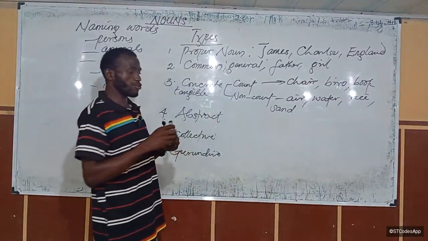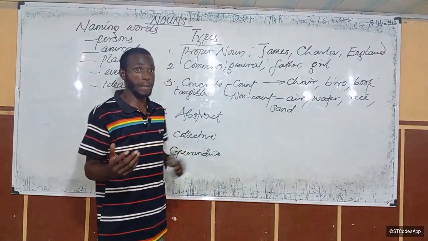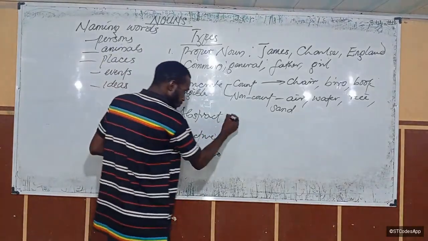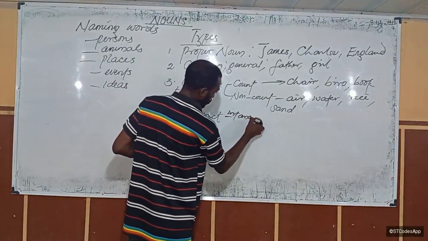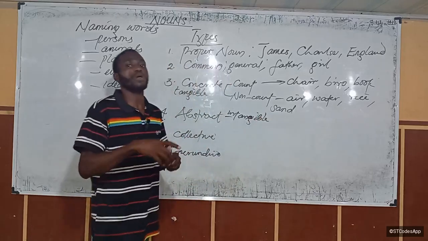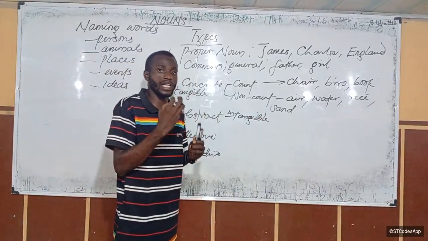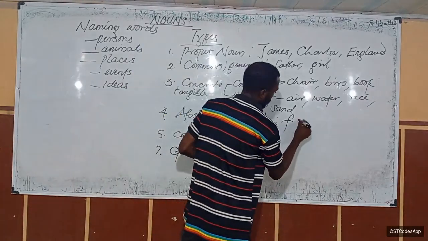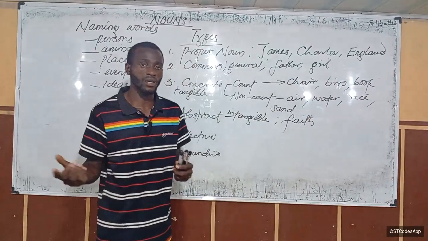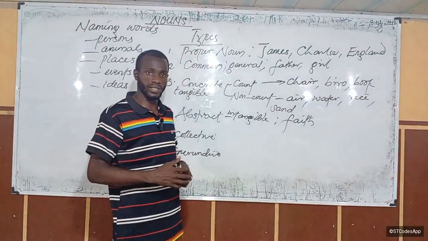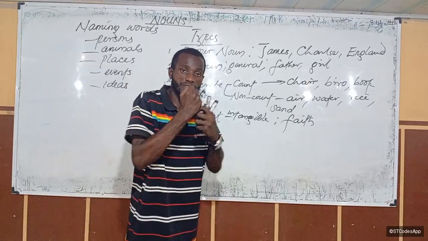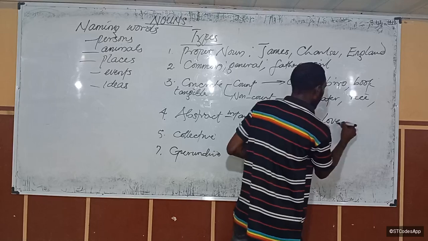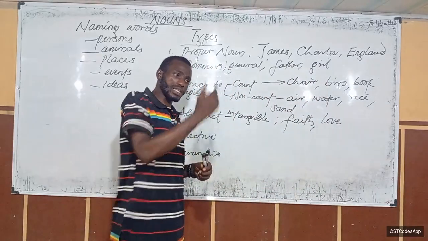If you still think air is abstract, it's because you don't understand the idea of abstract. Abstract nouns are nouns that are intangible. They have no physical representation. There's nothing tangible that you can hold and say, okay, this is this thing. For example, look at faith. You tell me, I have faith in God. I say, bring the faith you have in God. Where is it? Bring it. You can't, it doesn't have any physical representation, so because of that, it's an abstract noun. I love you. I have deep love for you. Love. Show me the love you have for me.